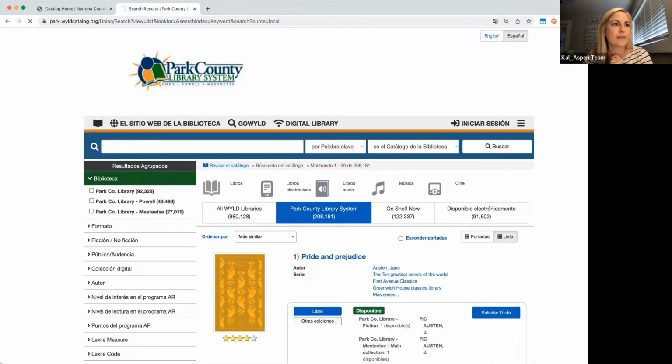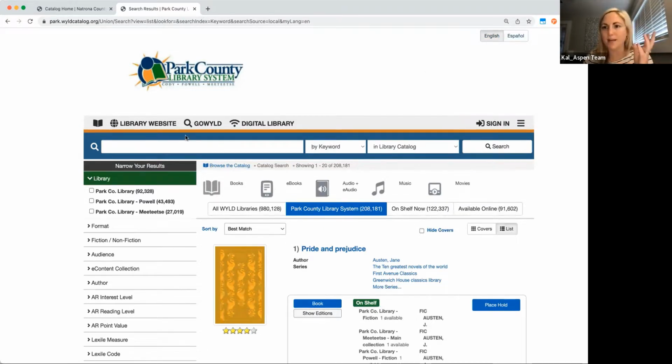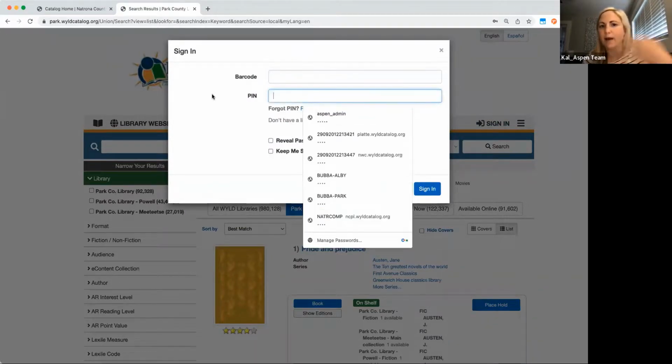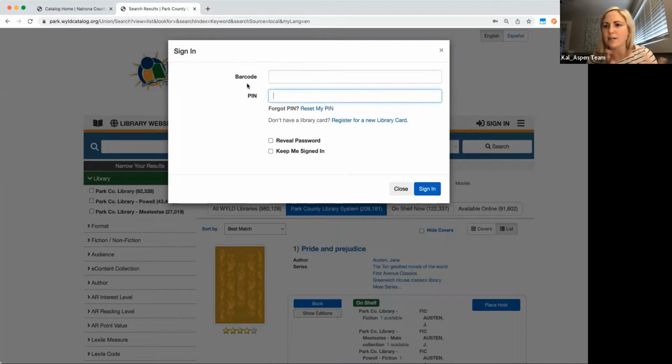Okay. All right, so let's talk about signing in. So there's a very prominent sign-in box right at the top. When you go to sign in, it's going to ask you for a library barcode, PIN, password. Again, these labels might vary depending on what your library refers to those things as. And there's a couple options here. So let's say I forgot my PIN or password. There'll be a link that says that I can reset my PIN or password before I've logged in. So it's helping the user get those credentials right away.